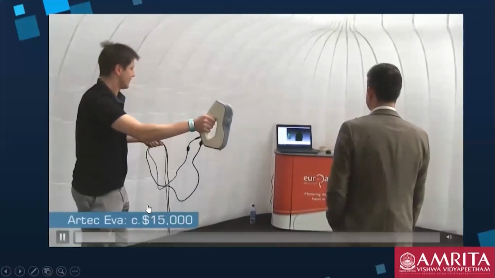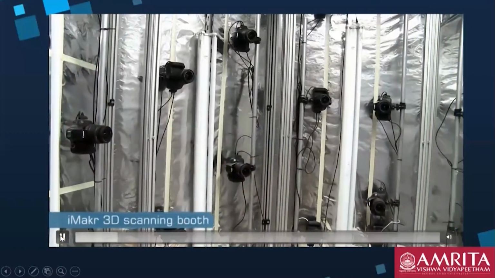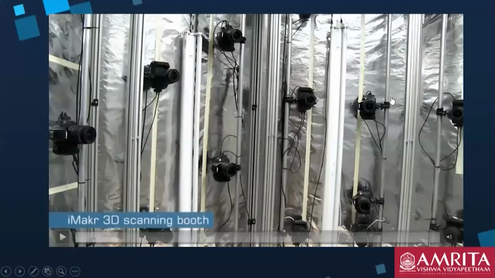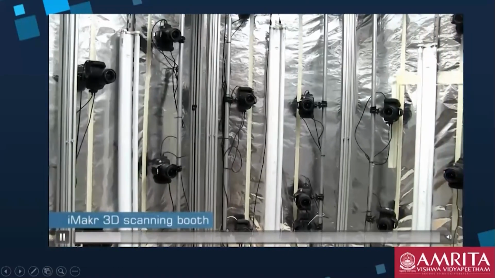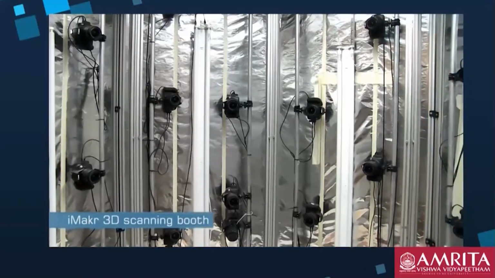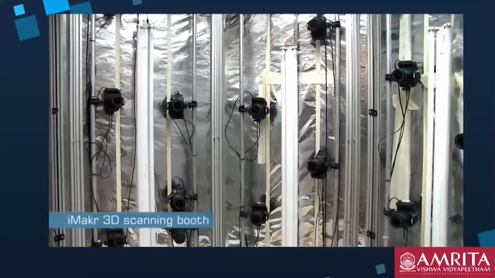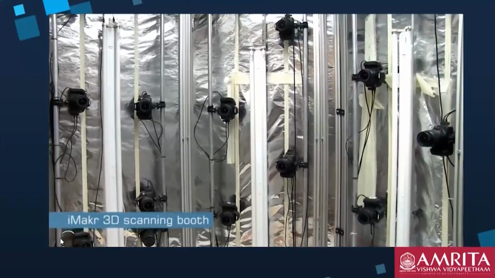You can see there are a number of digital DSLR cameras set on this scanning booth. They keep such a big scanning booth for capturing bigger objects, even human beings.